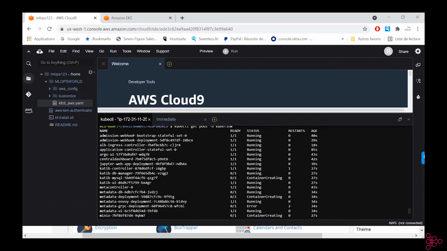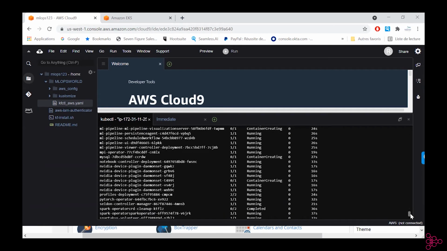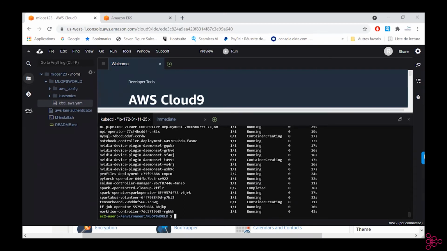Inside of it, you have some that are used by Kubeflow itself, so they are necessary to keep, like the ingress controller and application controller. Argo as well is used. The rest is basically tools that are open and available to you. For example, here we have Seldon Controller Manager already installed. We rely on it for deploying our microservices. And we have our Kubeflow Pipeline that is available as well.